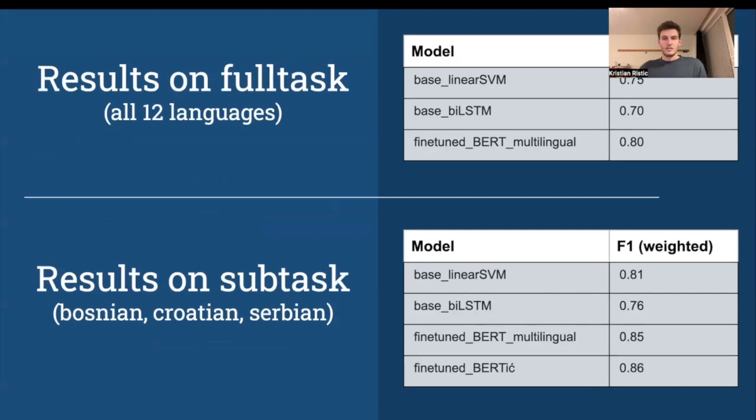So here are the results. We were able to beat both baselines for both tasks. And interestingly, we could also beat our more generic transformer model in the subtask using a customized one. Not by much, but still a better performance. So one could say